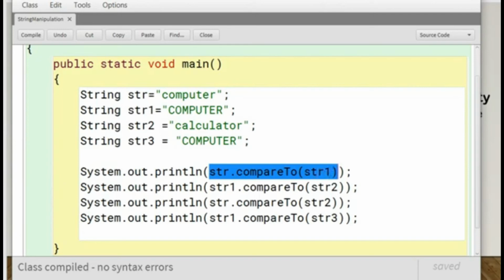It finds the difference between the ASCII code of small c and the ASCII code of capital C, which is 32. So this function will print an integer value equal to 32, and since the first character is different, compare stops comparing the other characters, and it just displays the difference between these two characters, which is 32.